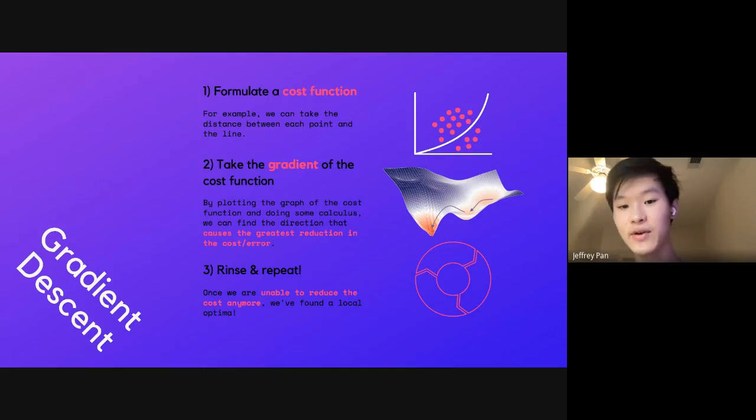You can see this photo on the right side of what gradient descent would look like. Let's just say these blue regions are bad because they're high up. That represents my cost being really high, my error is really high. And I really want to get to these red regions where the cost is low, the error is low. That means my model is doing well, sunshine and rainbows. So what I can do is